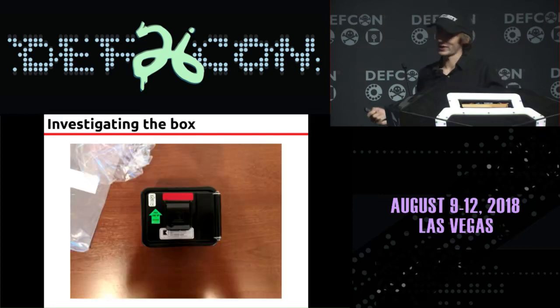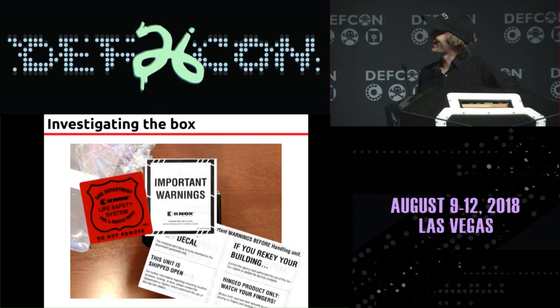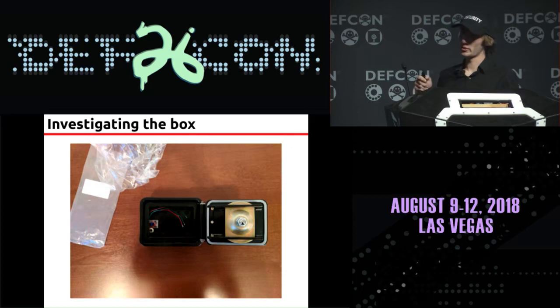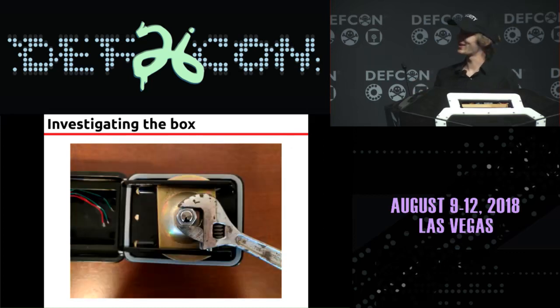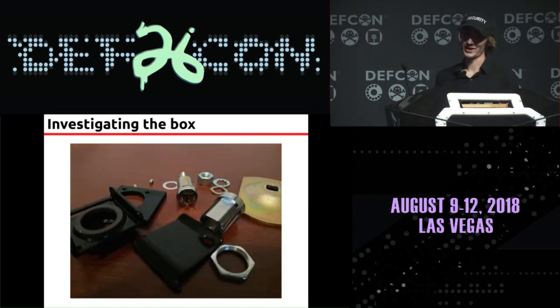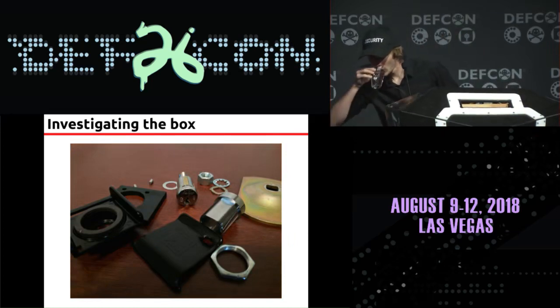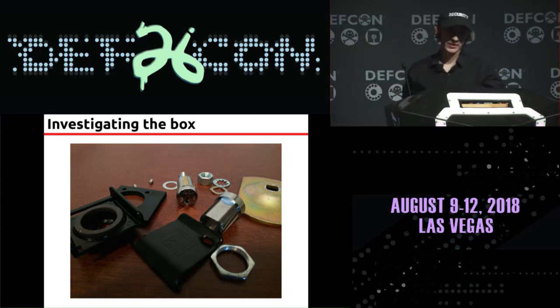So I bought one to check it out. It came with some cool documents, which I immediately ignored, and sure enough, it shipped with the lock installed. These things also ship open, so it's really easy to just unscrew the thing and pop the lock out. So now I have the Knox lock for my city, and that means I effectively have a negative image of